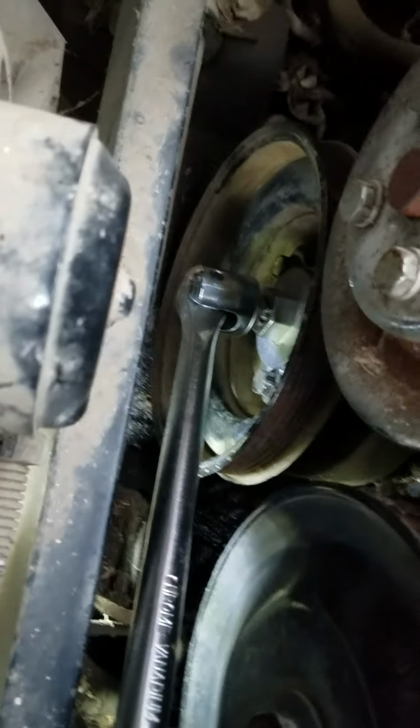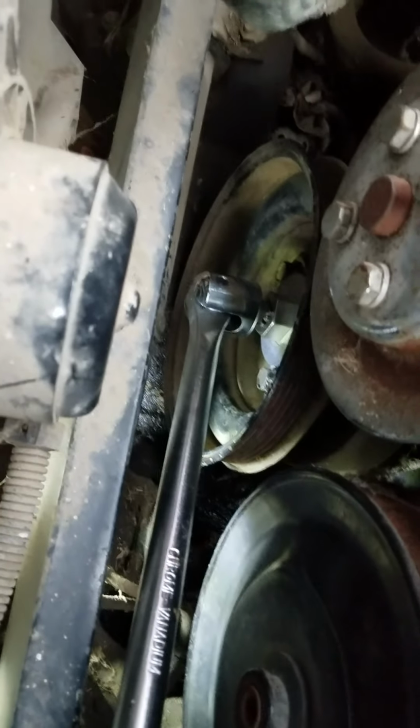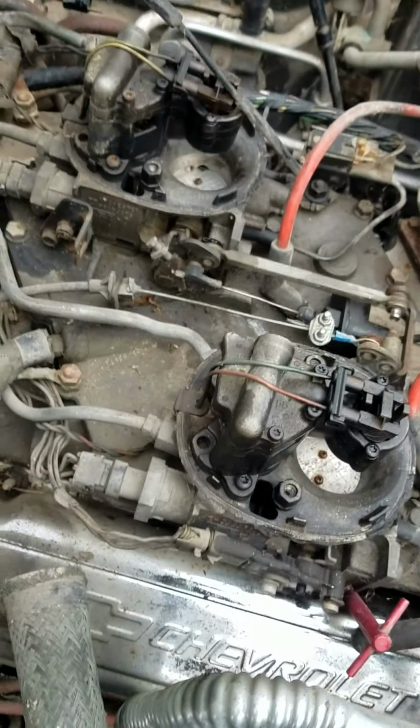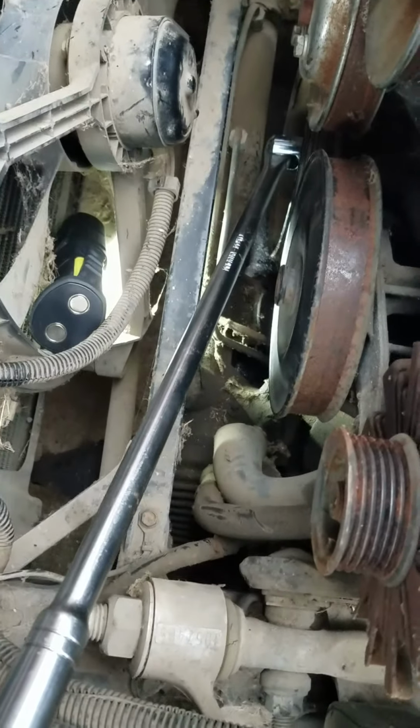As you can see, I got the special tool and put it on the front of the harmonic balancer. Got me a bar. A few days before, I put some automatic ATF transmission fluid down the crossfire fuel injection, and been working on it just about every day, trying to get it to turn a little bit here, a little bit there. Yesterday I got it to move about an inch, and today I put the bar on it with my trusty pipe,